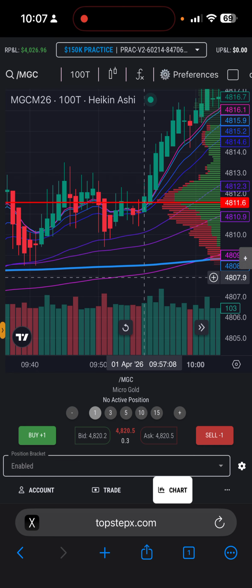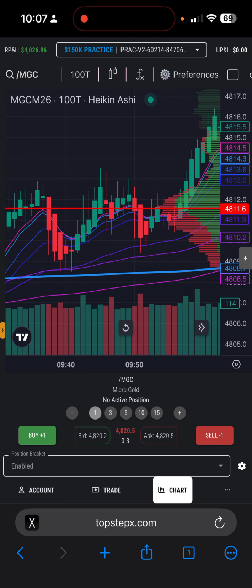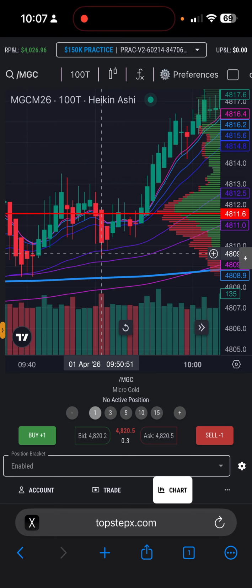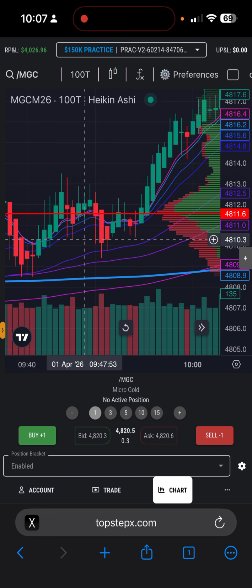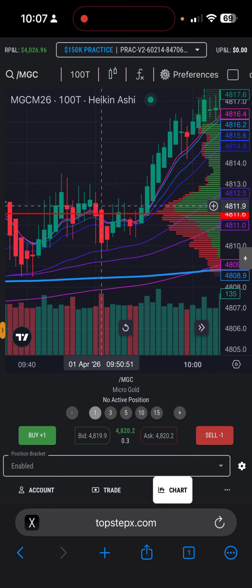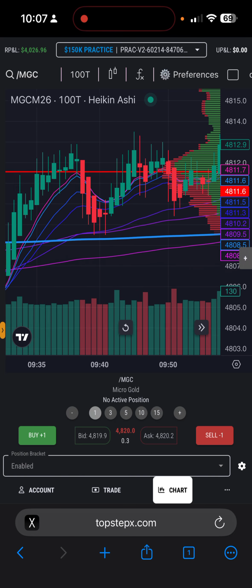I think I lost around here where it started getting a little choppy. So that can happen, but let's say you took a long right here, as long as you kept your swing low point down here, even though the market dipped, you still would have won. But then if you took this as a reversal and had your stop right here, it would have come up and hit you. So sometimes it doesn't work every time.